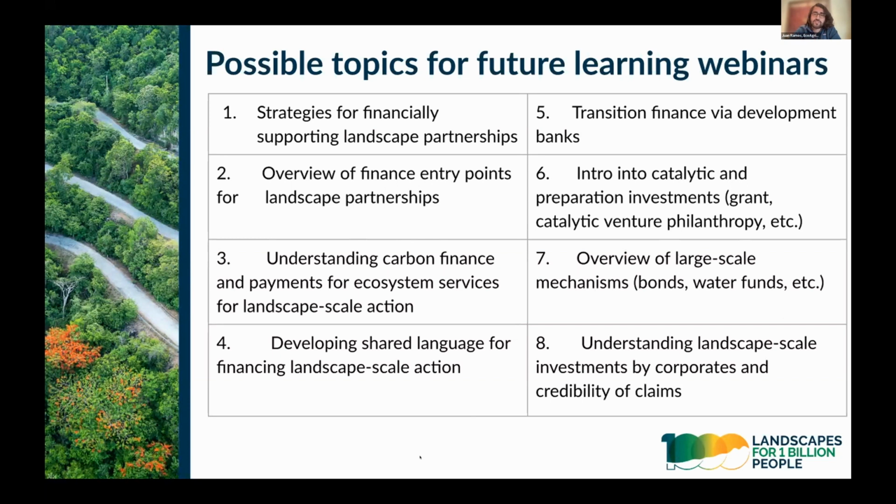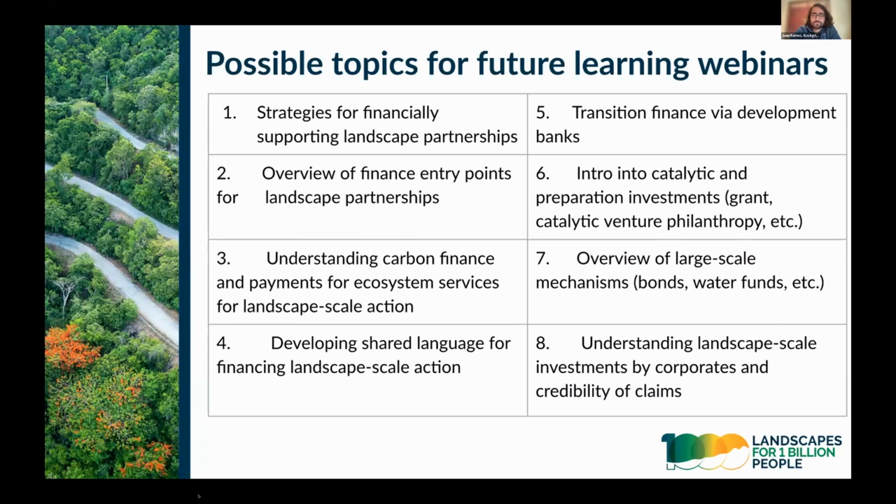synergies and minimize trade-offs. So one well-established example of this in terms of the grant facility is the Legacy Landscapes Fund, which Seth mentioned in the map of mechanisms that have already been documented. It basically provides long-term grant funding to partnerships and landscapes for these essential enabling functions. So the idea in this topic would be to explore different models, including endowment funds and conservation trust funds, and think about how they're developed, what their potential is, what the opportunities are, but also what the risks are, and also look at what landscape partnerships look at in terms of business and operating models for how they consistently access and